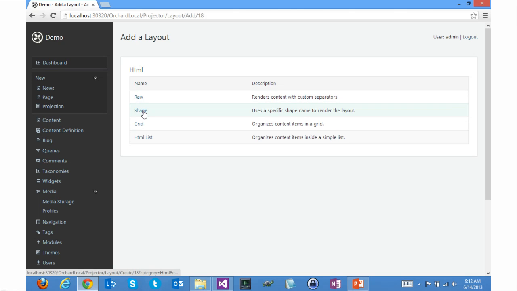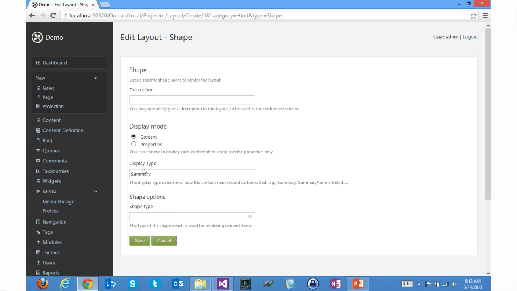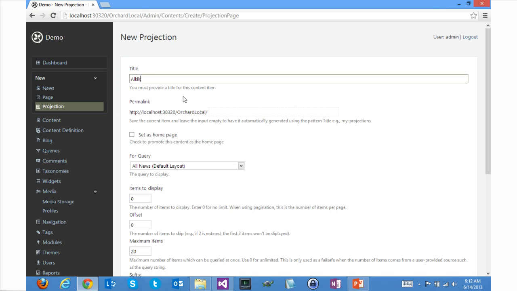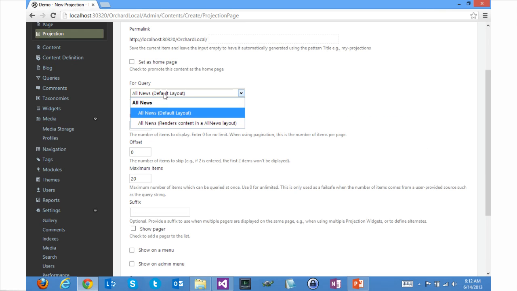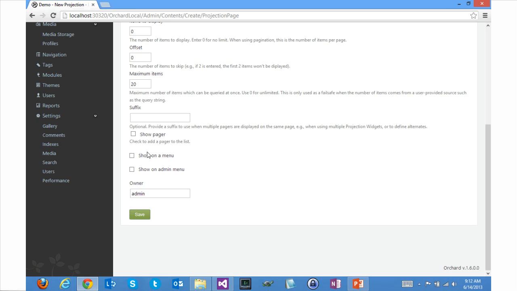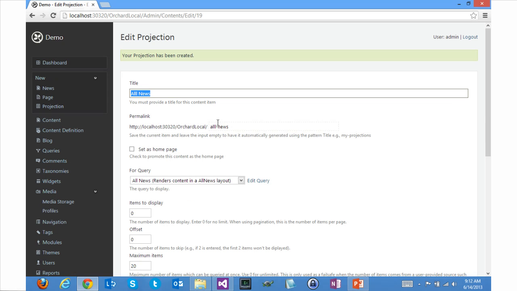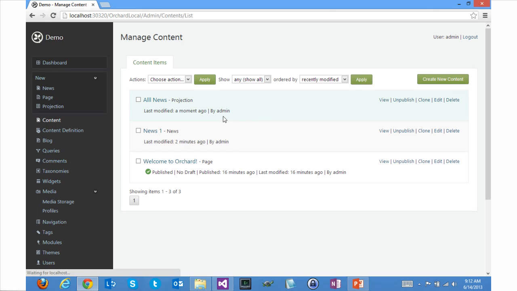And the other new one is a shape layout. This one will just take a display type and a shape type. So if I just say shape type all news, so it's a shape type, I save and I create a projection. I will call it all news. And I will take this one, show on the menu, all news, save. So I have a projection, and if I display it,